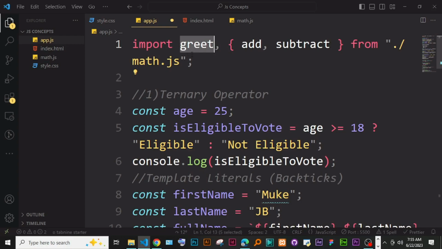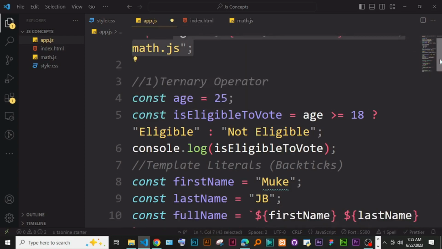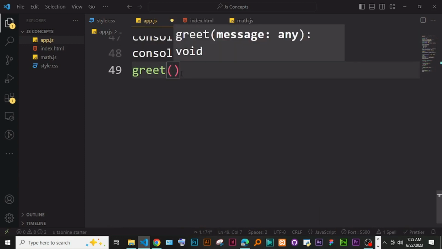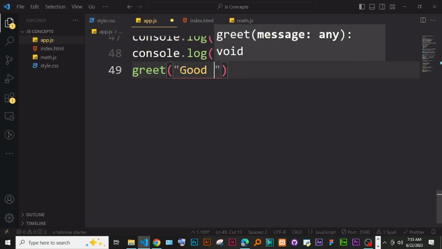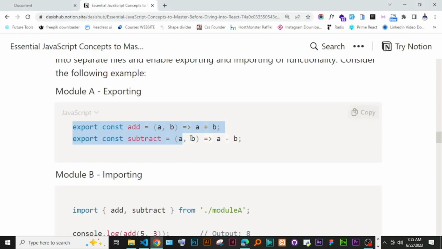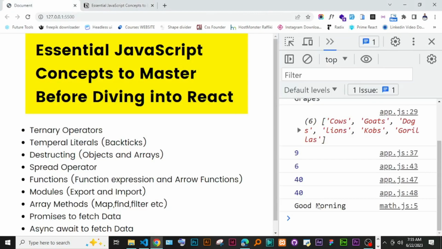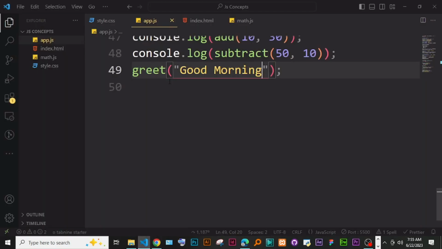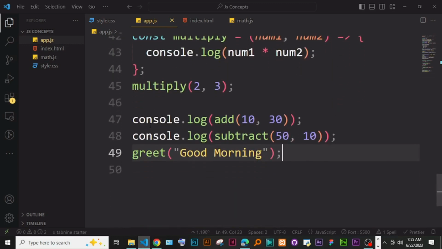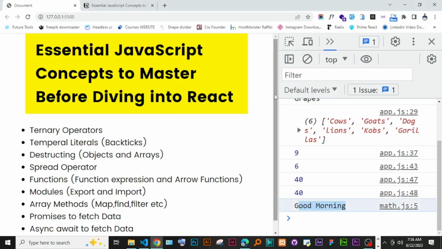Okay, so you can just say greet, and this greet takes in a message. I'm just going to come here and say good morning, just like that, and it should simply console.log good morning. Okay, so that is export default. You can also export a function as a default. Okay, so moving on to the next,